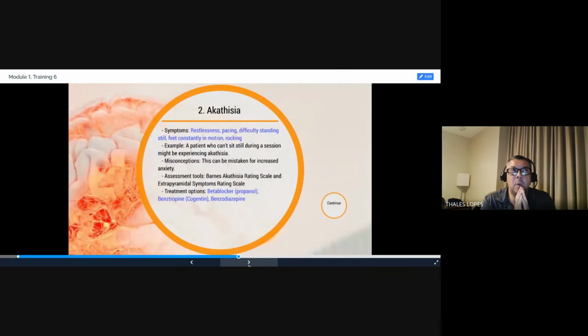Okay, so akathisia, right? Restlessness, pacing, walking back and forth, moving the chair excessively. This is more than what you'd see with anxiety, but it looks like excessive anxiety, right? Patient can't stand still, right? And no wonder many people think that this is anxiety, but it is akathisia. It is part of EPS symptoms. What you can do